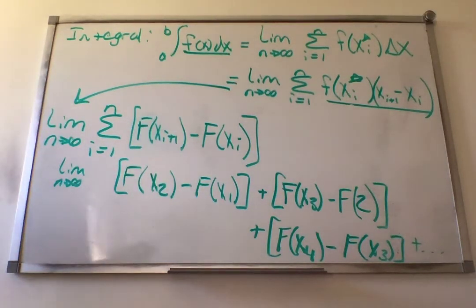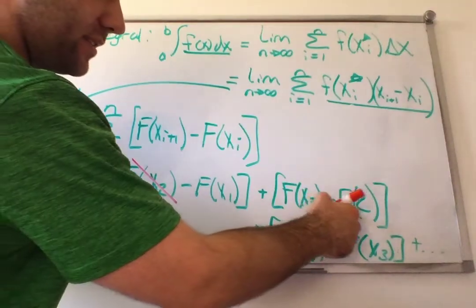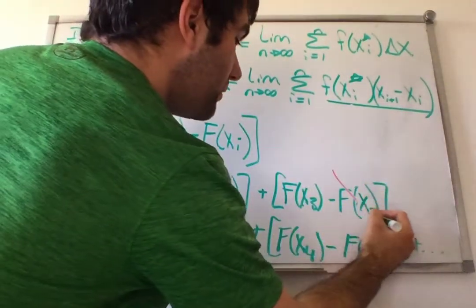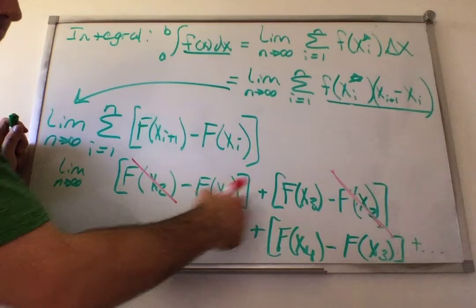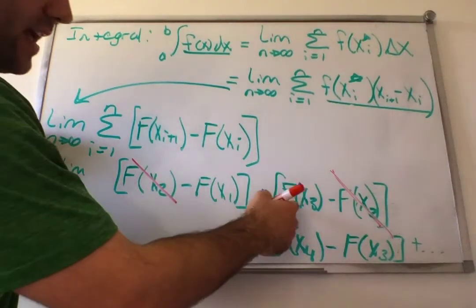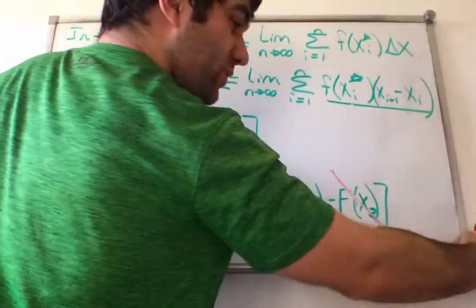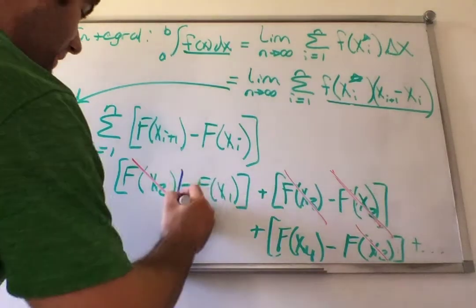Okay? Now, look what you notice. Right here, positive F of x_2 minus F of x_2, that should be F of x_2, x sub 2. That goes away. Negative F of x_1, there's no other x_1s here. And then positive F of x_3, negative F of x_3. This first term, F of x_4, if you were to do the next one, there'd be a minus F of x_4 over there. So you see that every single term cancels, the only one that's left over is this one right here,